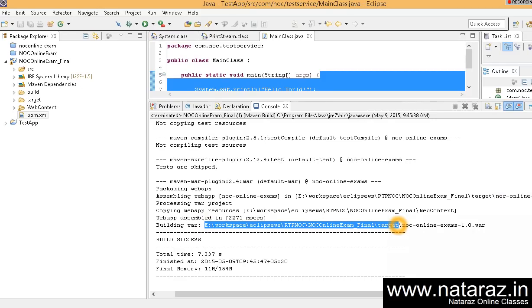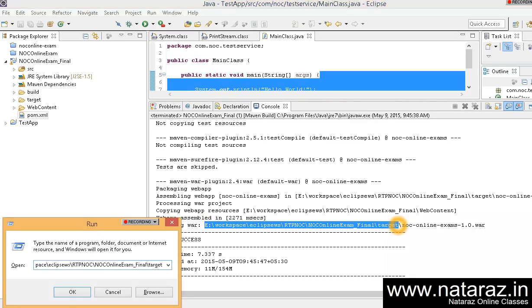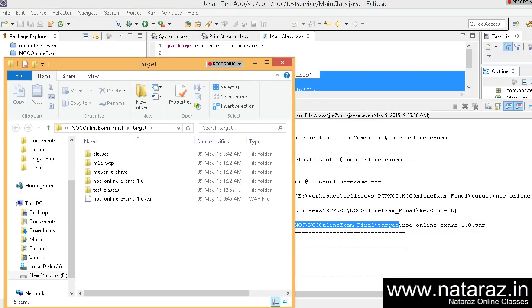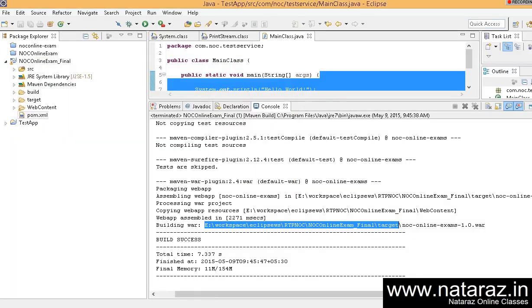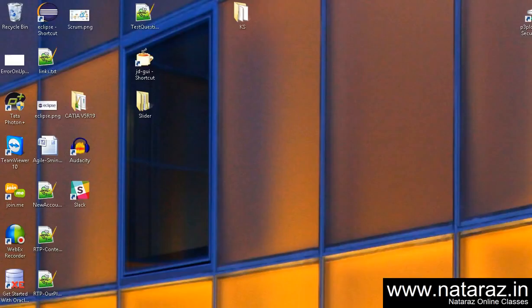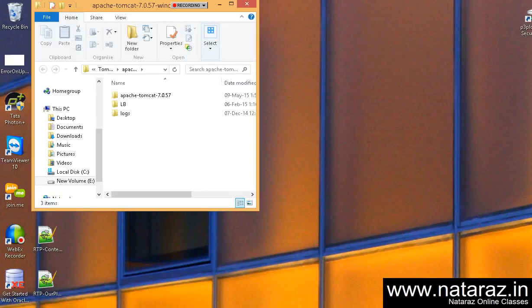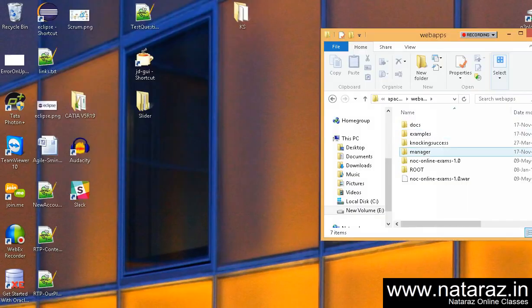Just see, this is how I work in my company. This is how I move things from here and there. So if that helps you in some way, you can also get used to it. It's just the way I work. So we have to deploy it in Tomcat. Tomcat is nothing but under the webapps location. So when you go under webapps,